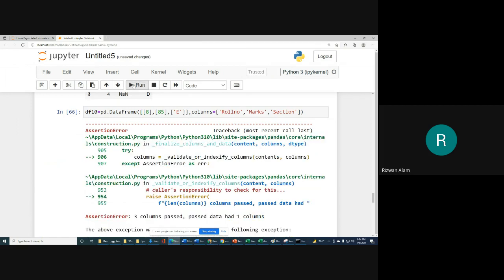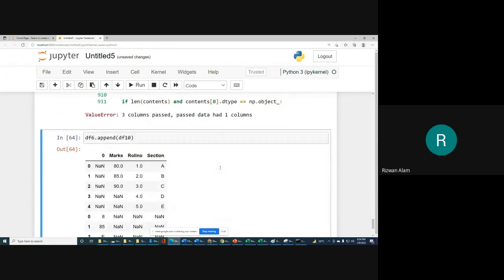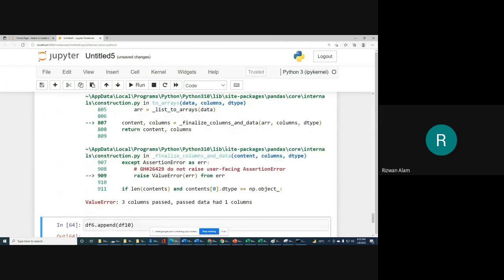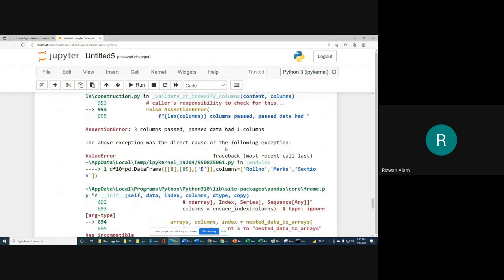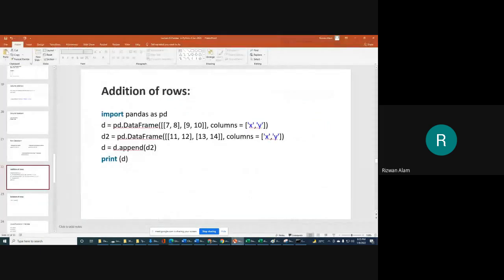Okay, we are getting an error. 3 columns passed, passed data had 1 column. Only 1 column.